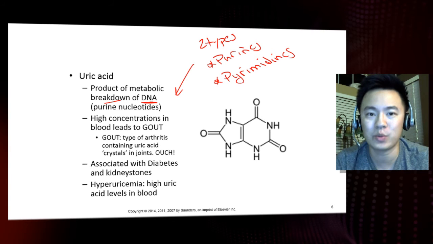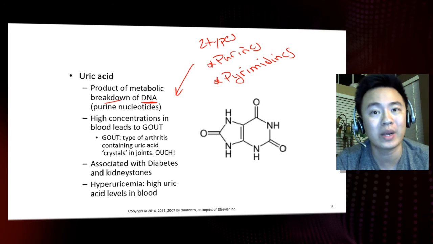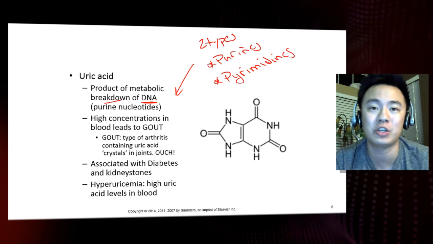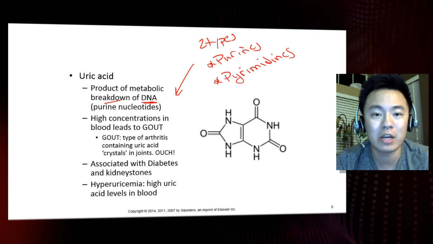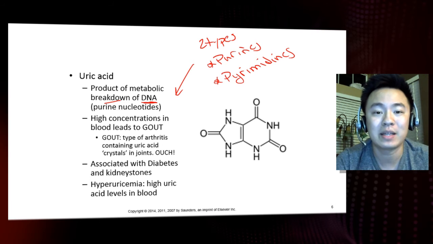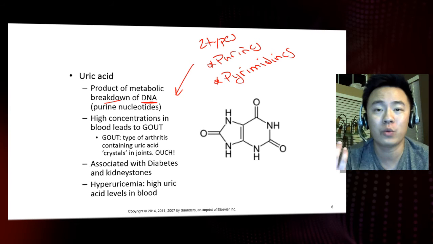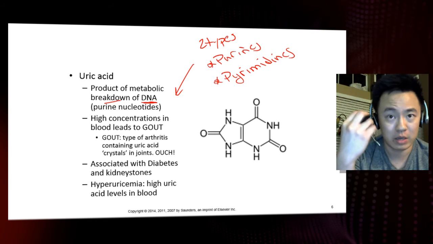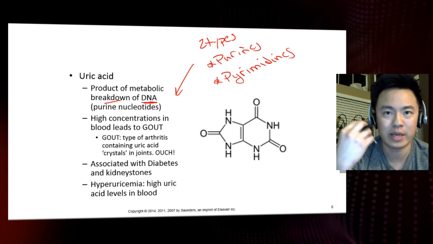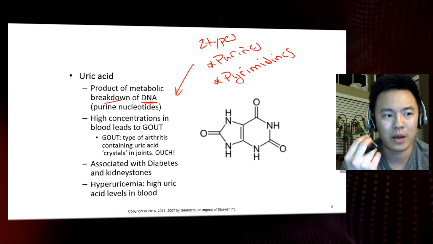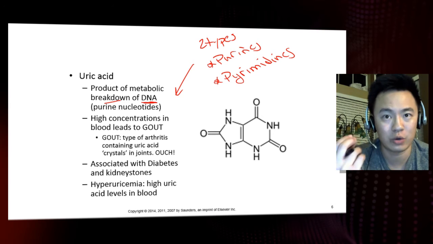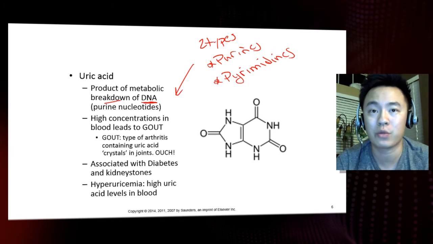Uric acid happens when there are high concentrations of uric acid in the blood. That leads to a condition known as gout. And gout here is a type of arthritis that contains uric acid crystals in your joints. So, as an individual with uric acid moves their joints, it starts to feel very painful because those crystals start to cause little irritations against the nerves, and that's why a lot of individuals with arthritis experience